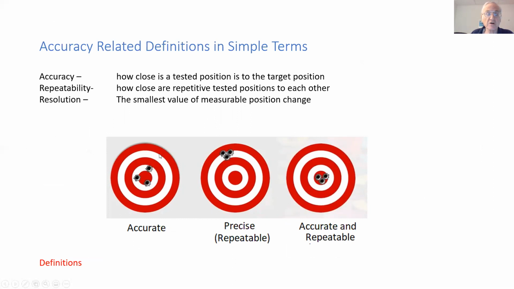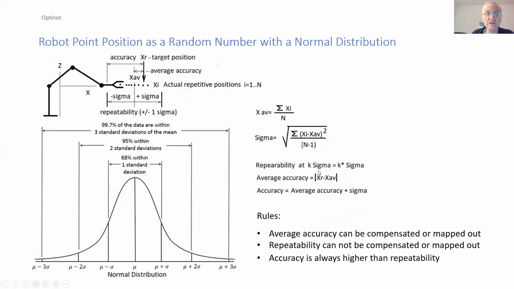The accuracy of a variable is how far it is centered around the target point. The precision is how far all the points are close to each other, as we see over here. And being accurate and precise is shown over here as hitting the bullseye with the variables being very close to each other.